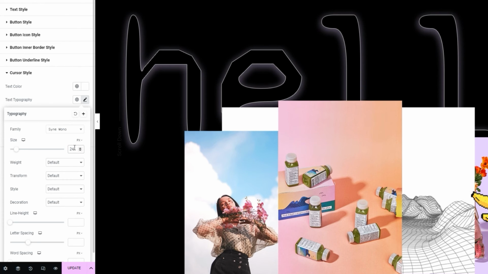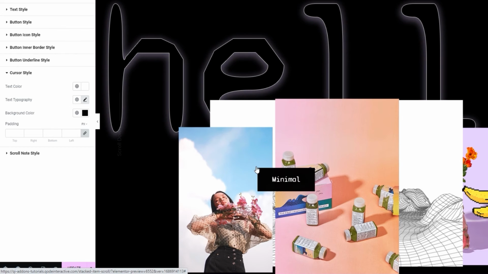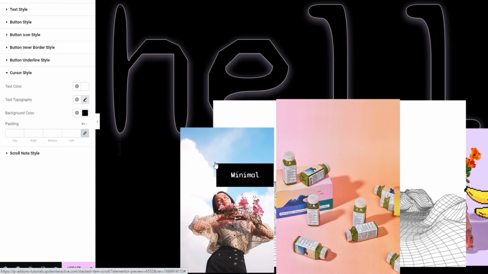And that's all I want from these settings. I'll close them. If we look at the page, this is what my item text looks like now. After the typography, the next option in this section is the padding. It applies to when the text shows up, the padding determines the amount of space around it. And by adjusting it, you can, for all intents and purposes, adjust the size of the floating container for the